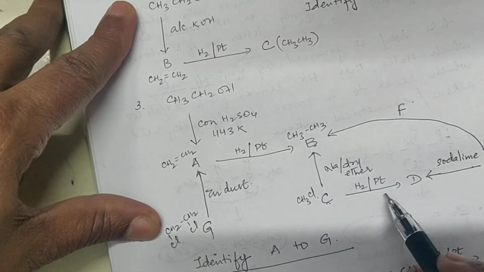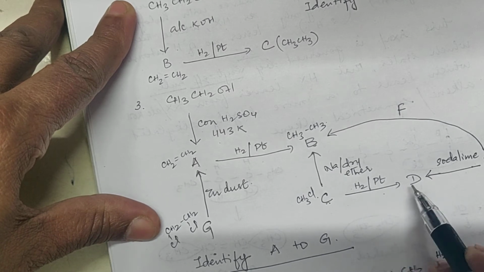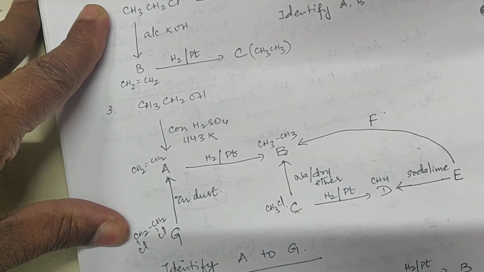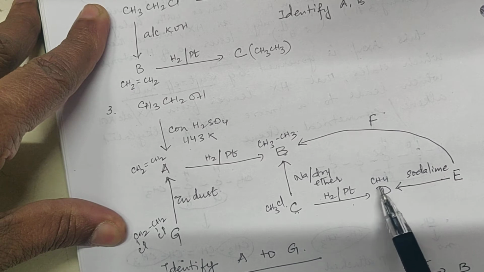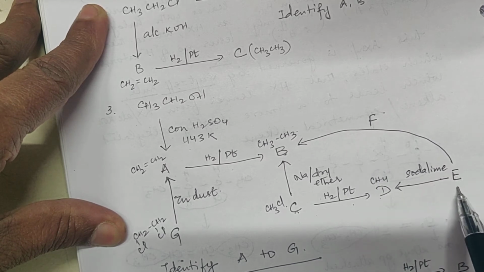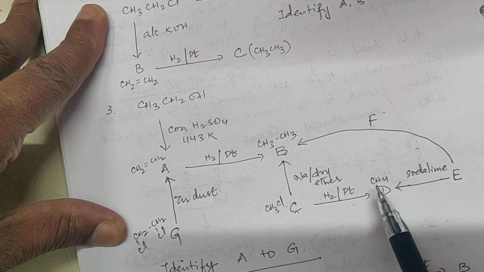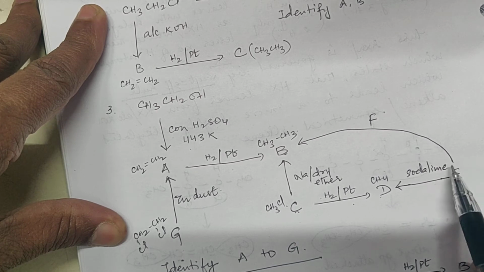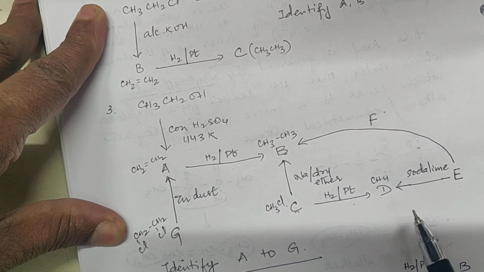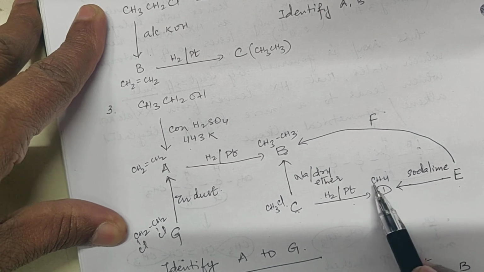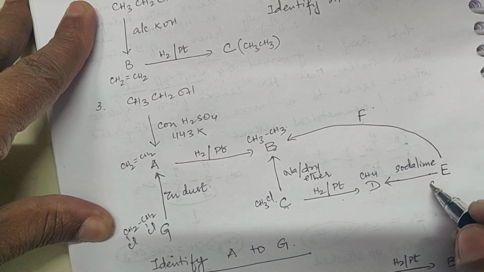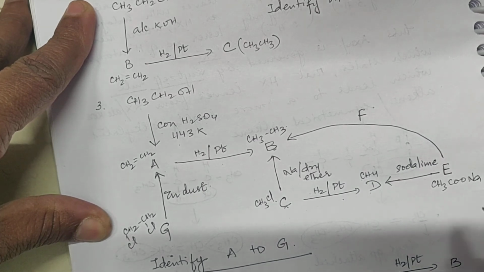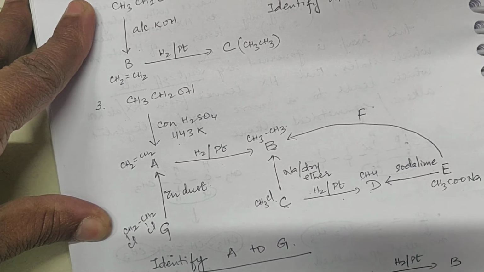Now if this is subjected to hydrogenation, you will get methane. You have studied this under preparation of alkanes. Revise it. Now this CH4 can also be obtained from E by soda lime treatment. This is a single carbon. So E should be the sodium salt of an acid. Soda lime treatment was studied with RCOONa. So if it has a single carbon, that means you would have used CH3COONa. That on soda lime treatment will give you methane.